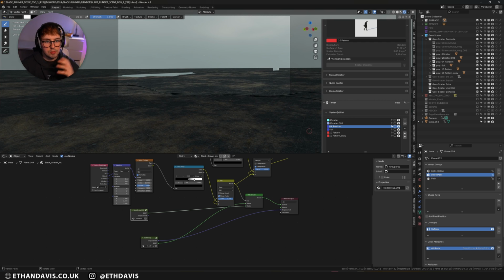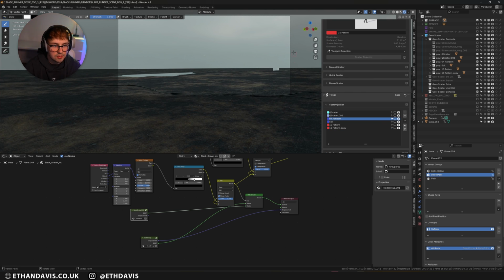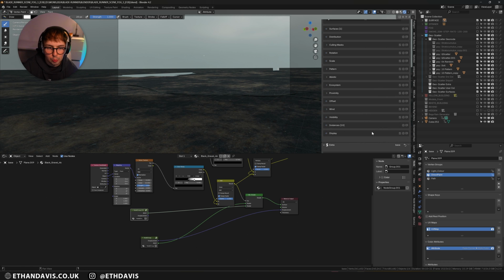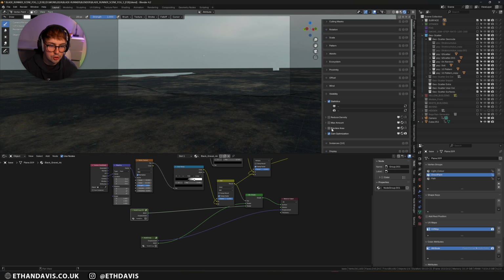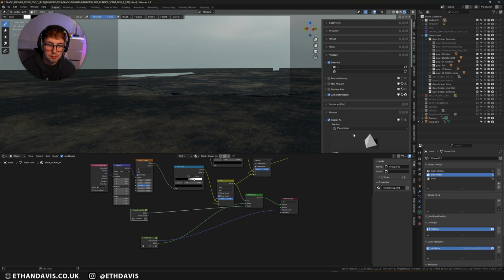Now, obviously there were a lot of scatters there, and I did scatter this all on this surface, but something that you can do with Geoscatter is turn on camera optimization, and that means anything from the camera renders, everything else doesn't, which really saved me some time. And then I also changed the visibility of everything by displaying it as a placeholder. So when I do want to make sure that it's in the right place, I'm not seeing actual geometry, I'm just seeing a triangle. Now for the actual geometry, it was like 50 faces, if that, and they didn't have any textures, it was just brown. And that was all for just making the scene as optimized as possible.